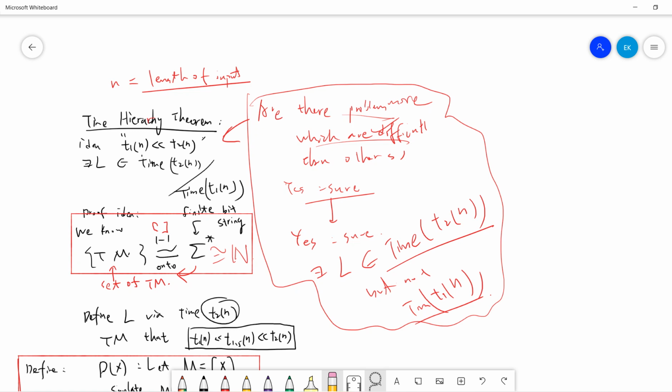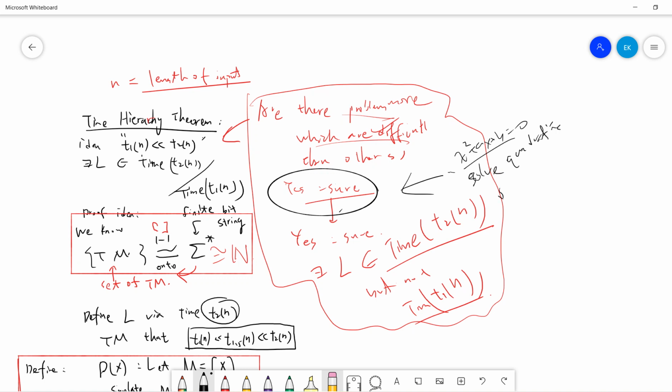Okay, so the very famous theorem is called the time hierarchy theorem. The intuition is that if you're a math person like me, then the first, naive question is: are there problems which are more difficult than others? The answer should be yes, right? It's very obvious. When you learn in junior high school how to solve a quadratic equation, people will think that solving a quadratic should be more difficult than solving a linear equation, like ax plus b equals 0.